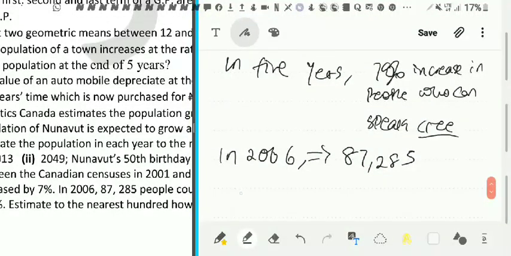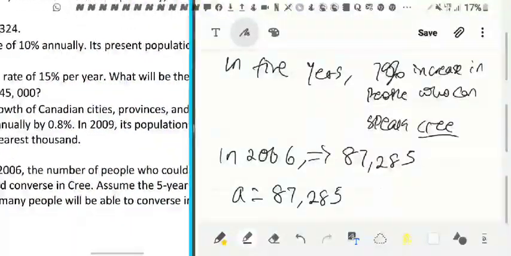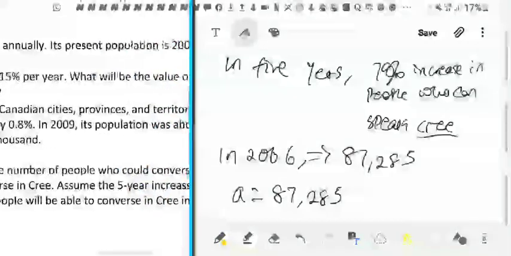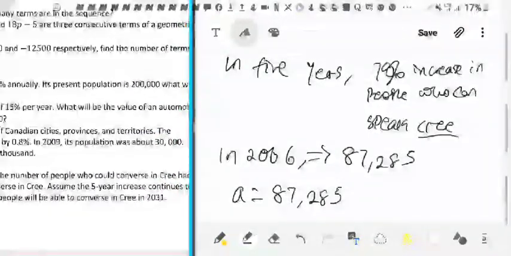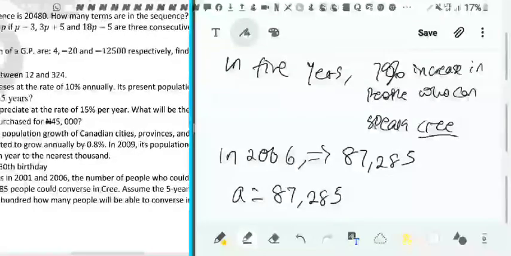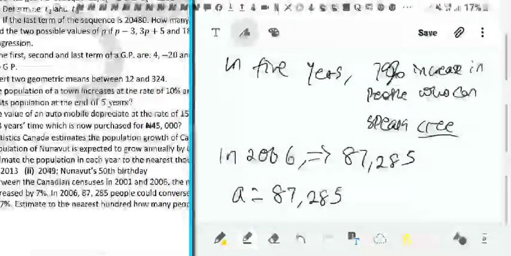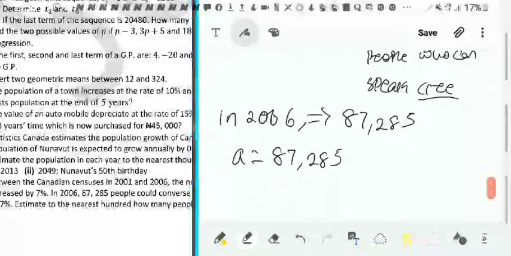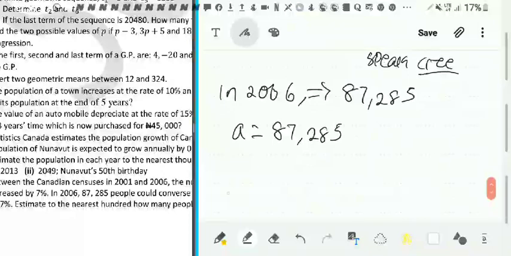Okay, so our A is going to be 87285 because this is what we're going to be working with. Since we want to see how many people will be able to converse in Cree in the year 2031, we're going to be working from the end of 2006 to the year 2031. Okay, and you know the common ratio is given as what? Okay, I can't call it the common ratio yet. Let's just solve first. Now, if A is 87,285, now,